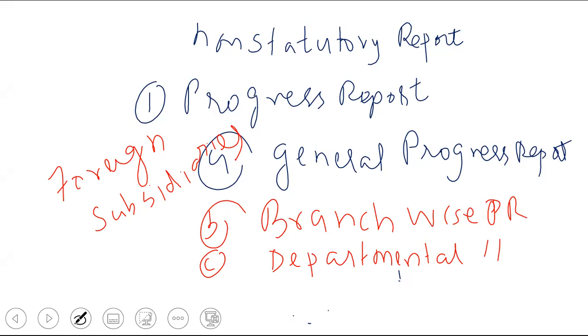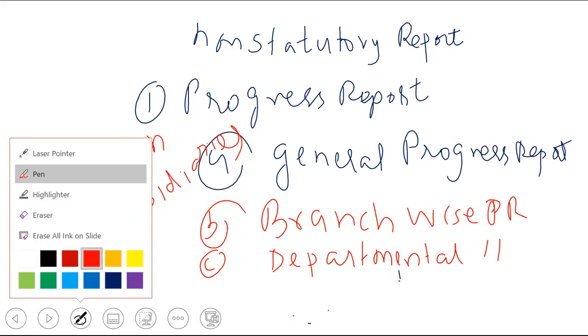For example, Cadbury India. Cadbury India is a subsidiary company of Cadbury. The original Cadbury's head office is in New York. So they will ask Cadbury India to submit a report. Suppose that Cadbury is having their office in Singapore, they will ask the Singapore office to submit the report. So that is the meaning of subsidiary or the branch-wise reports which are in the foreign countries. Okay, now we are talking about another one, committee report.